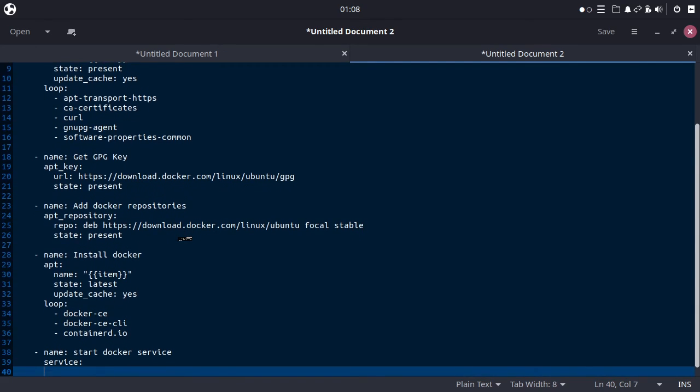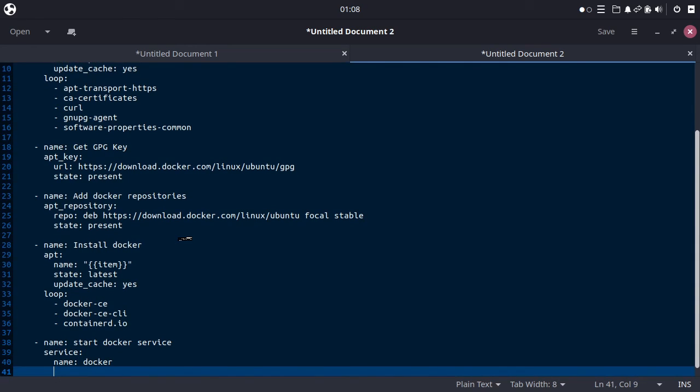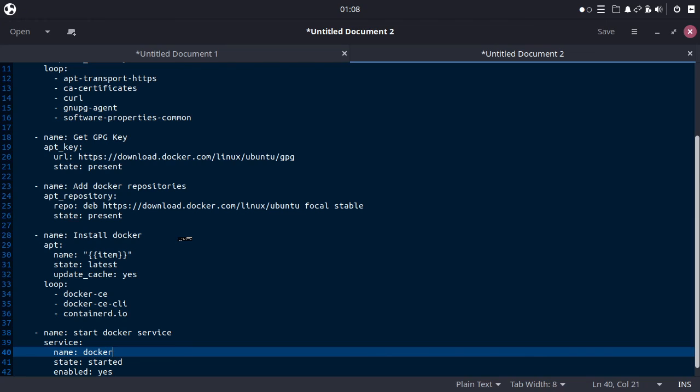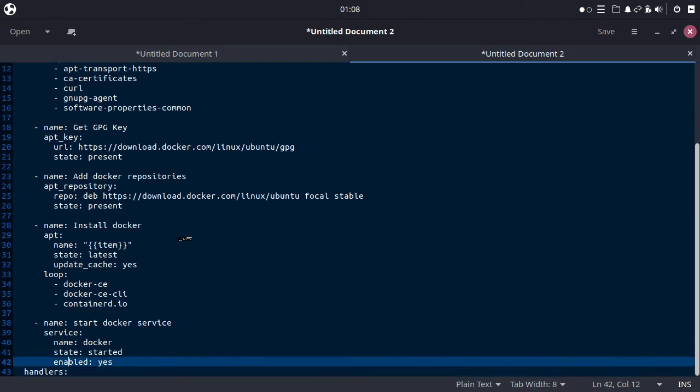Service, and then name Docker, state started, enabled. Yes, enabled means do you want the Docker service to run after rebooting your servers, or start automatically on boot?